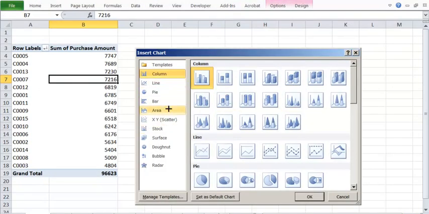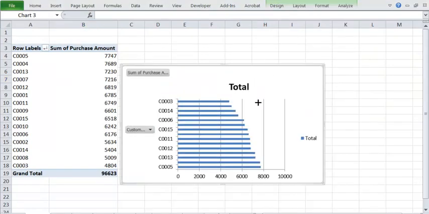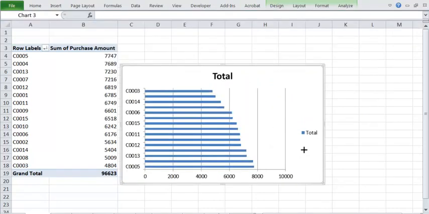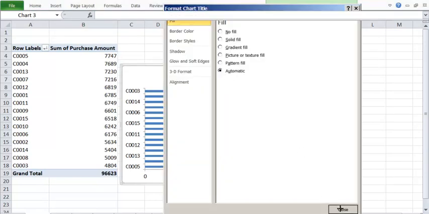Click on the pivot chart, whatever the type of chart you want. Let's say suppose you want to make the chart like bar. So you select OK. So this is a bar chart. Let's say we want to remove the buttons. So we have made hide all. I can remove this also. You want to change this.